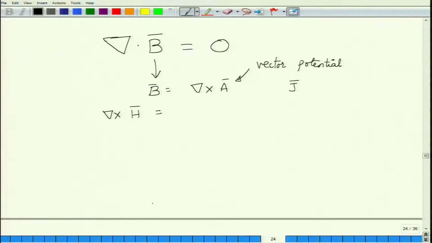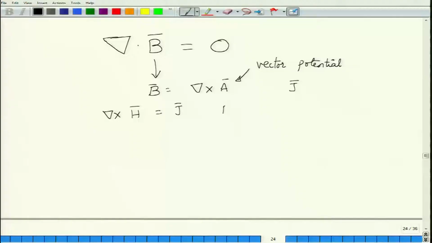We will consider a conducting medium, so we will neglect the displacement current in this particular case, and in that case we know that the curl of the magnetic field H is given by whatever current distribution is present in the space. So, curl of H is J. Luckily, we are considering only non-magnetic media, which means that B can be expressed as mu naught times H.